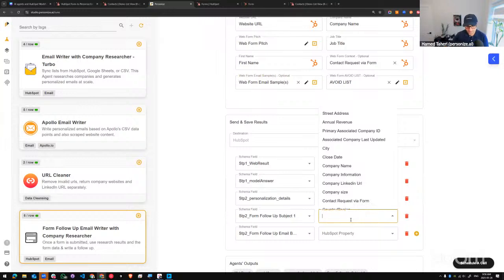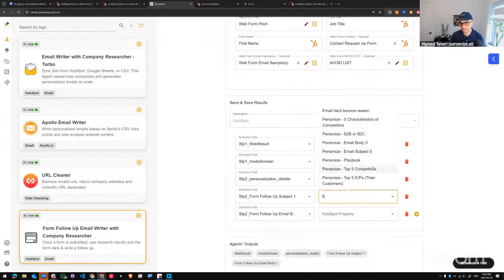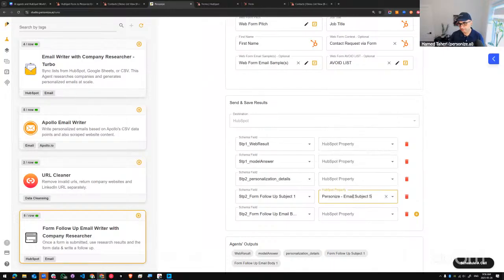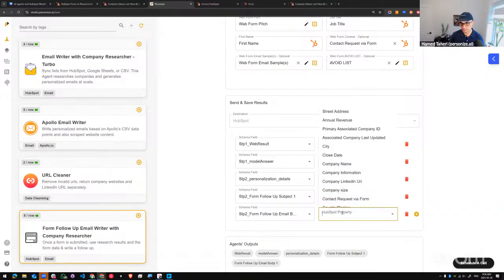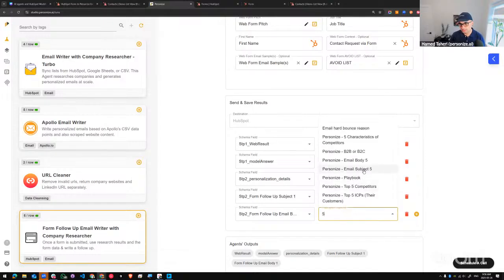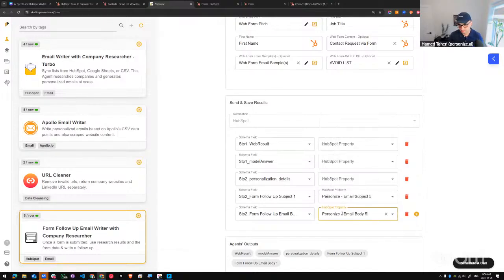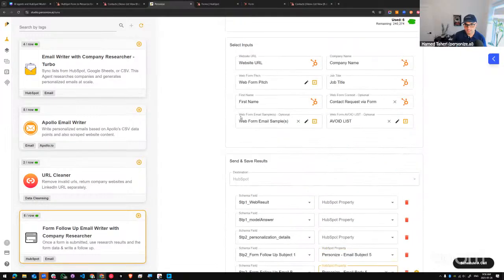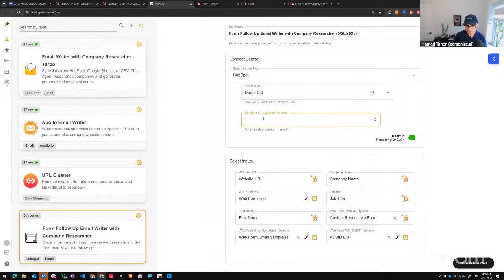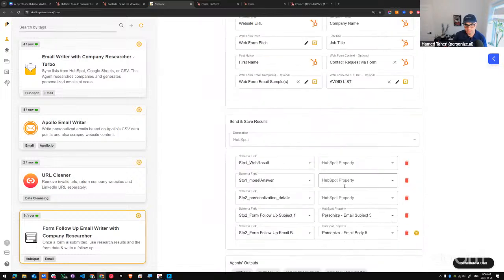So if I want to just, I want to just do the subject line, I want to put it in subject 5. We have different pre-populated personalized variables. You have the option to choose and push the button, but essentially that will add that there. I just choose this custom property in my email for this follow-up, the subject 5 and body 5, and then I just ran it. Before doing it, maybe I just do it for 2, 3. I just want to show you something, and